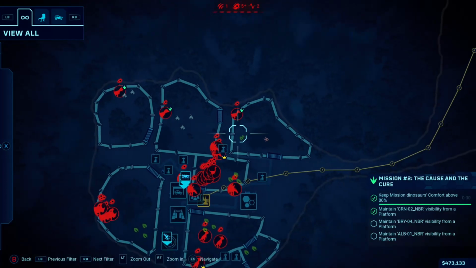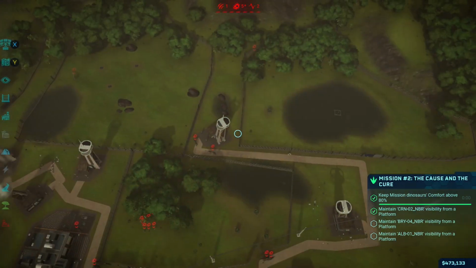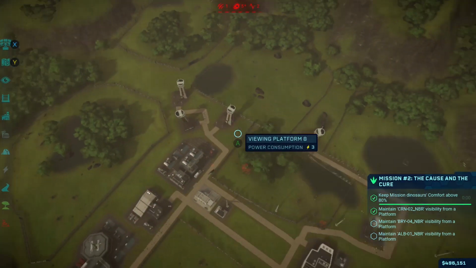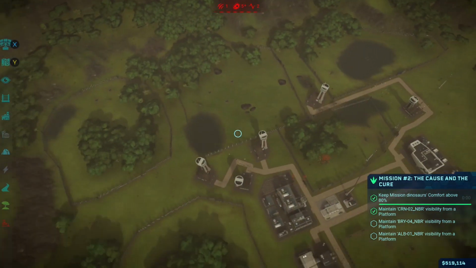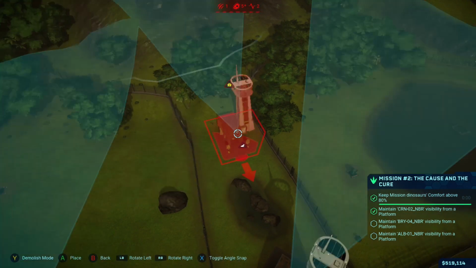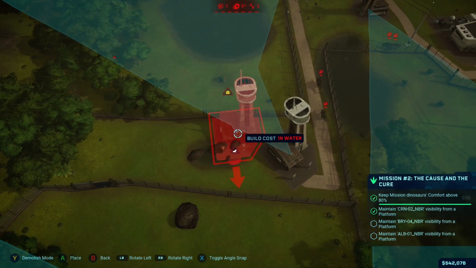Because obviously, with this particular mode, where you've only got the observation towers, as you guys can see, they have a much narrower cone of view, and so it is extremely hard to actually get a tower to capture all of them. Because you can see, even if I was to put a tower in there, it is then out of range of the power, and you can't remove these rocks, so...